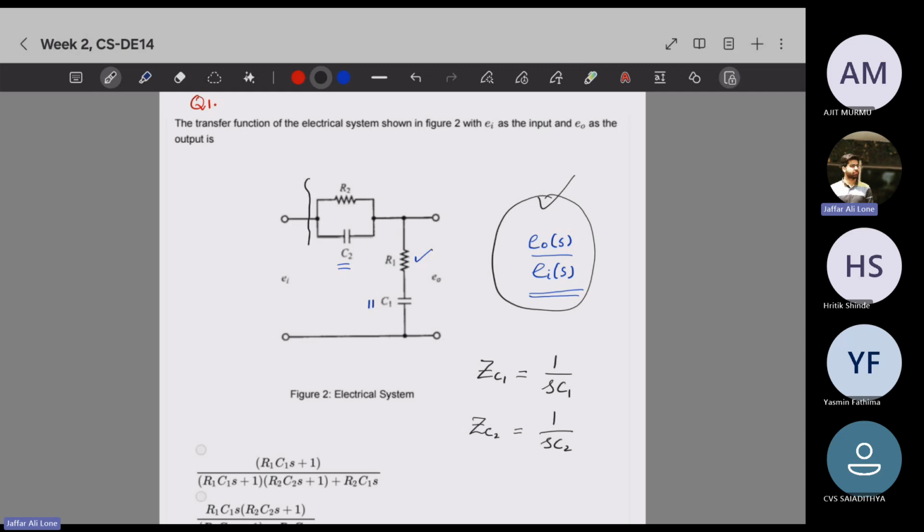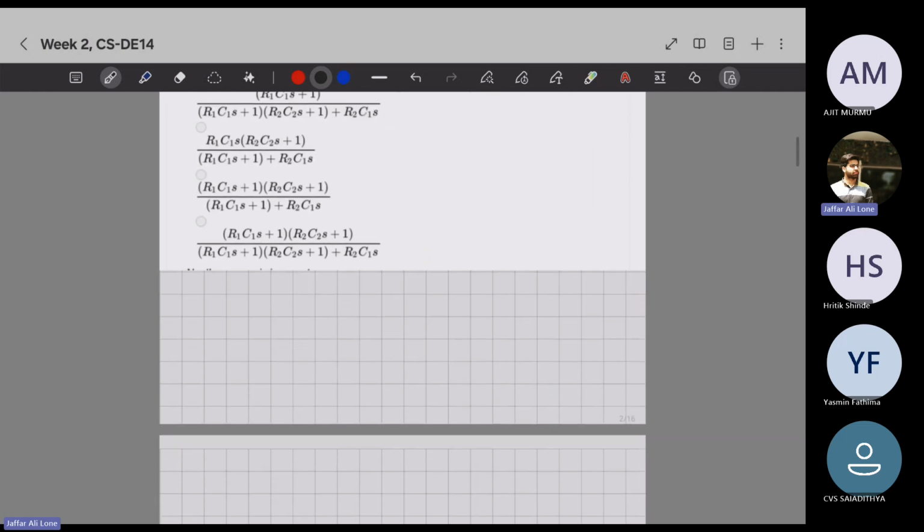Let's just evaluate the equivalent impedance of this RC pair. So we can just write it here. Solution: the equivalent impedance of the parallel R2 C2 pair is given by